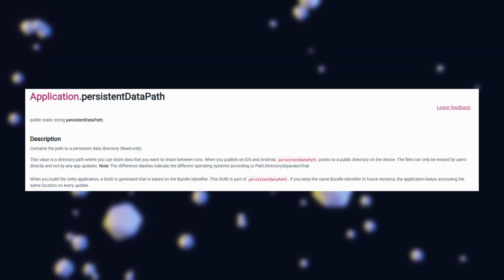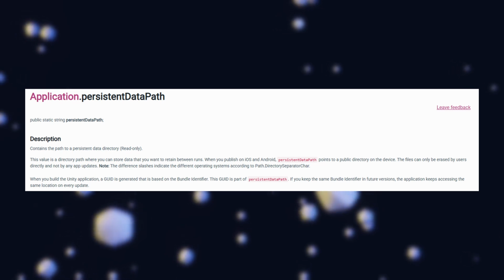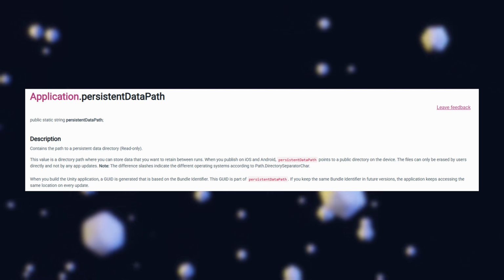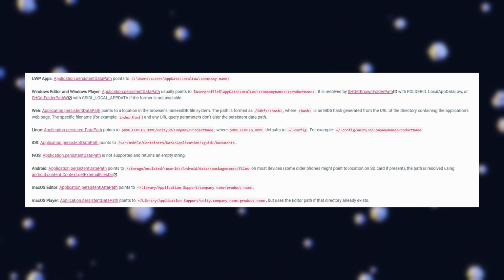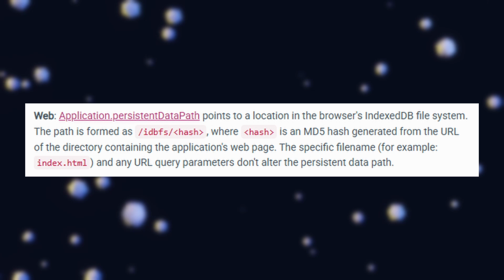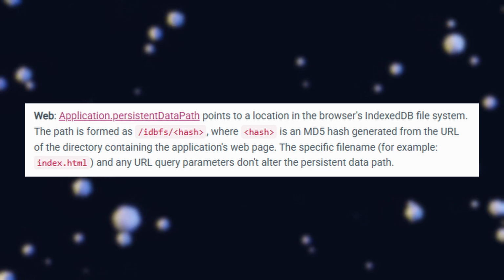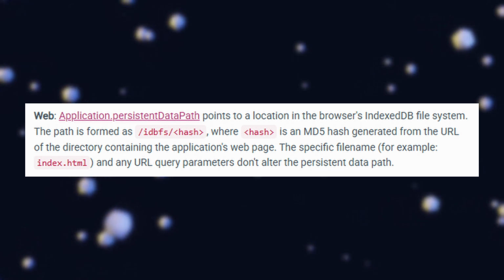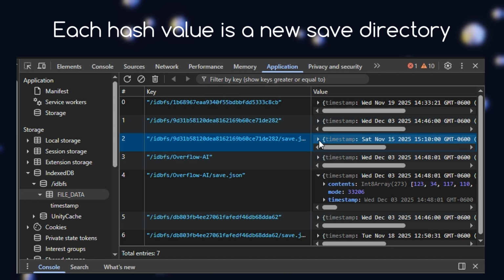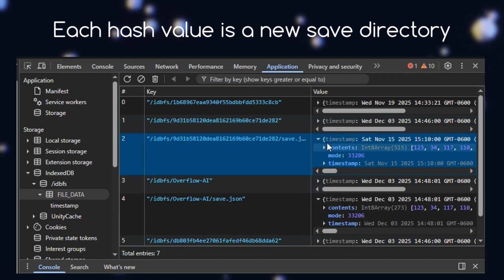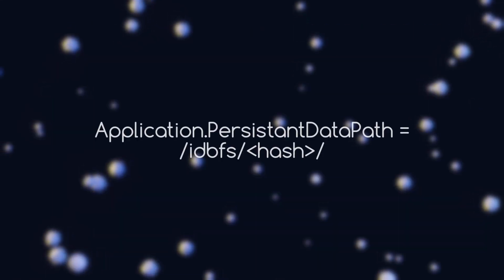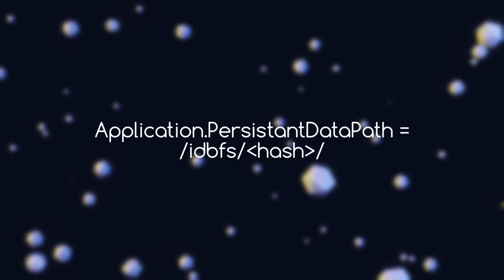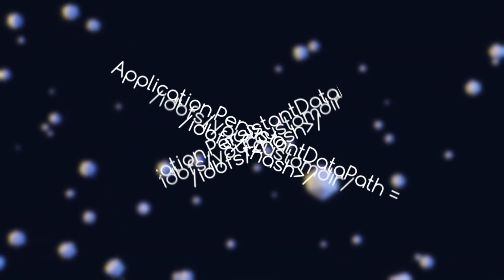Typically, when saving files on any platform in Unity, you want to use the persistent data path attribute of the application class, which gives you what the name suggests, a place to save your data that is persistent. However, on WebGL, due to how some platforms like itch handle uploaded builds and how Unity creates that persistent path, it ends up pointing to a new directory each time you upload a new build. So, instead of using Unity's persistent path, we're going to be creating our own by creating a project directory where